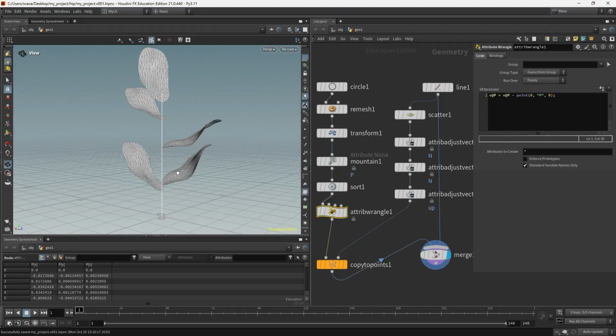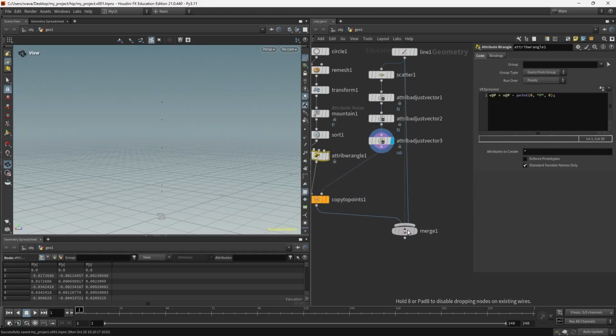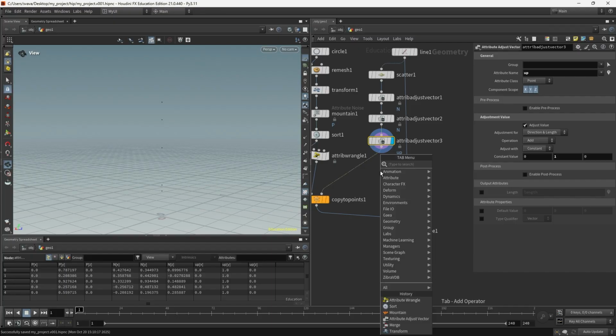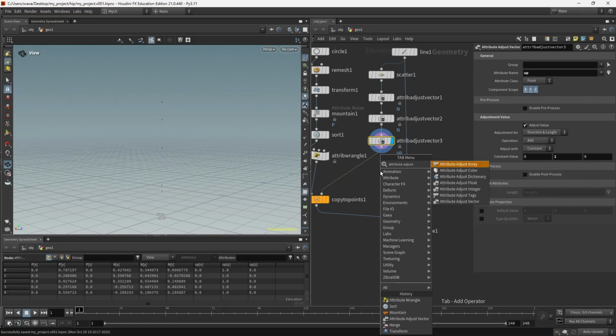One more attribute that we can add to the points is a pscale attribute. The circles will be scaled as they are copied to the points based on the pscale attribute. So let's put down another node, but in this case, it will be attribute adjust float. So press tab and write attribute adjust, and this time choose float, this one.